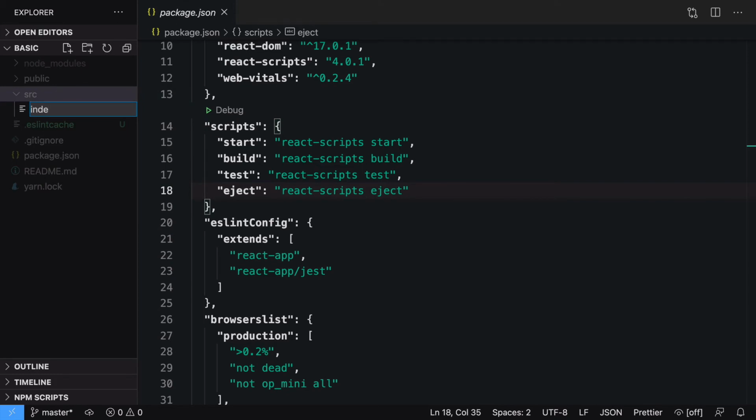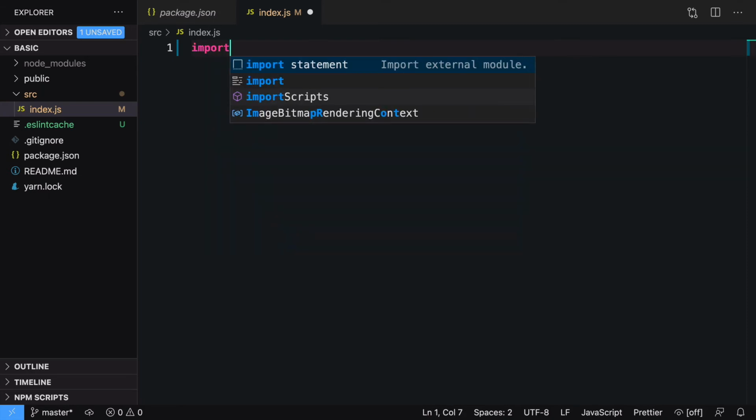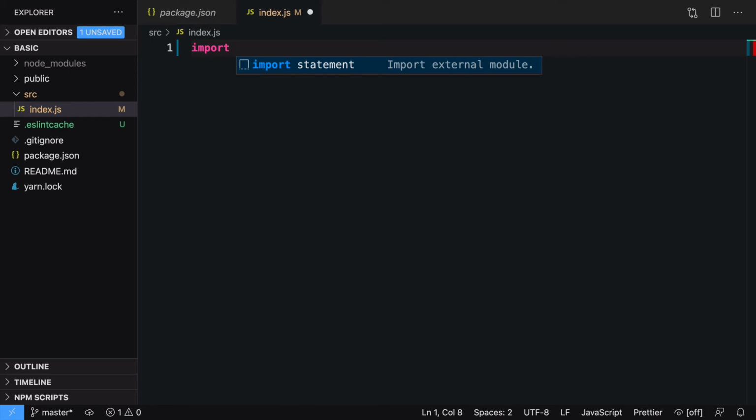I'll go ahead and create an index.js file. index.js is the most important file. That is what is used for mounting our React elements to the DOM. And in index.js, we need access to React and ReactDOM. The way you do that is by using an import statement, because import is the latest feature of JavaScript and you can use it here to make your life easier.